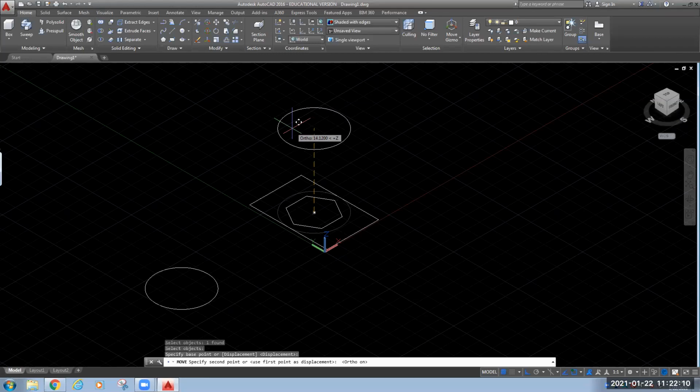Just next to the cursor you can see something is written: ortho 14.1200, and one less than symbol is there that is representing your angle, and beyond that it is written positive z, meaning we are moving in the positive z direction. Ortho means we are moving in a perpendicular direction, and 14.12 means the distance that we are moving.